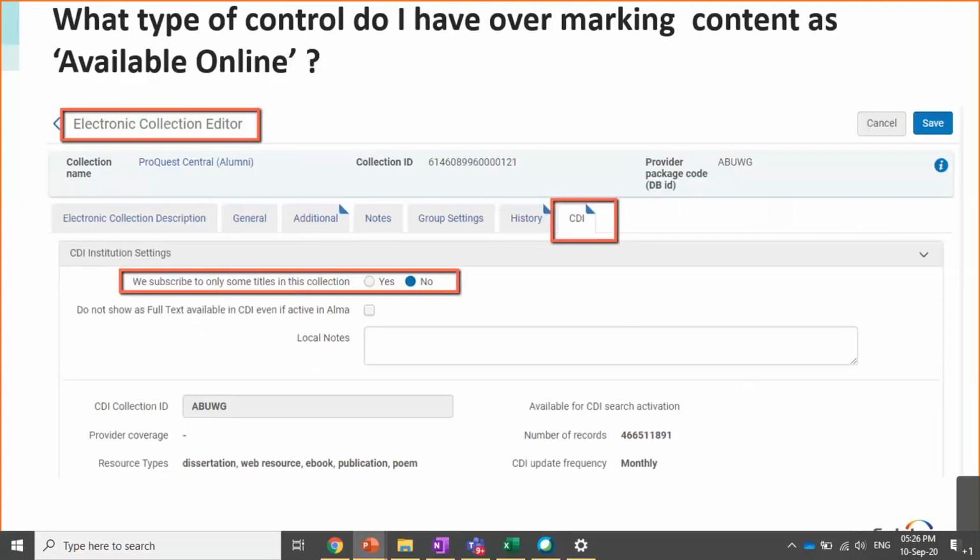So the way to do that, again, through the electronic collection editor, you have the CDI tab. And one of the options that you have here is we subscribe to only some titles in this collection. It usually defaults to yes, right? But if you want to expand beyond what you subscribe to, then you would mark no here.